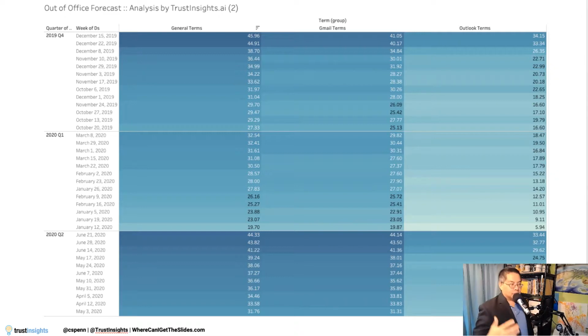The graph is helpful. The table is a little more helpful, where we can see, okay, what are the weeks when this term's going to be highest? Here in Q4 of 2019, the week of December 15th and the week of December 22nd, those weeks, people are gone. They're not around. Nobody's home. Don't run major campaigns. Looking out a couple of quarters, the week of June 21st and June 28th of 2020, people are gone, on vacation, out. So we know not to market during those times.